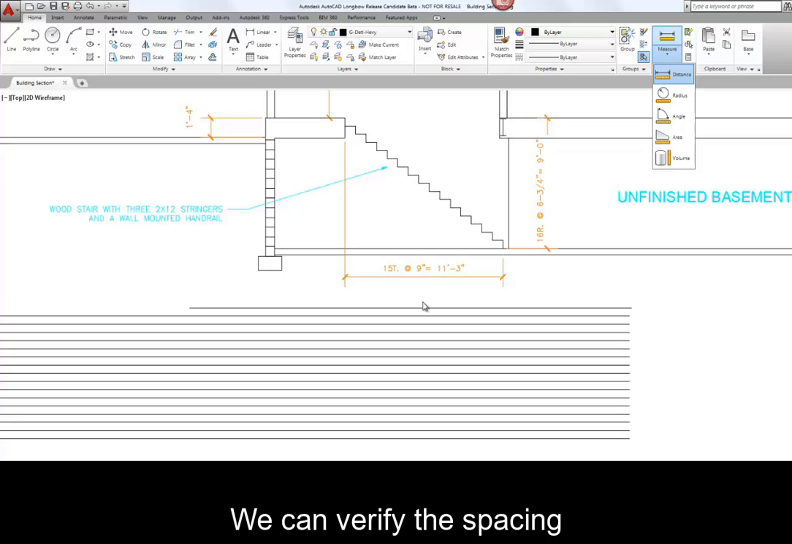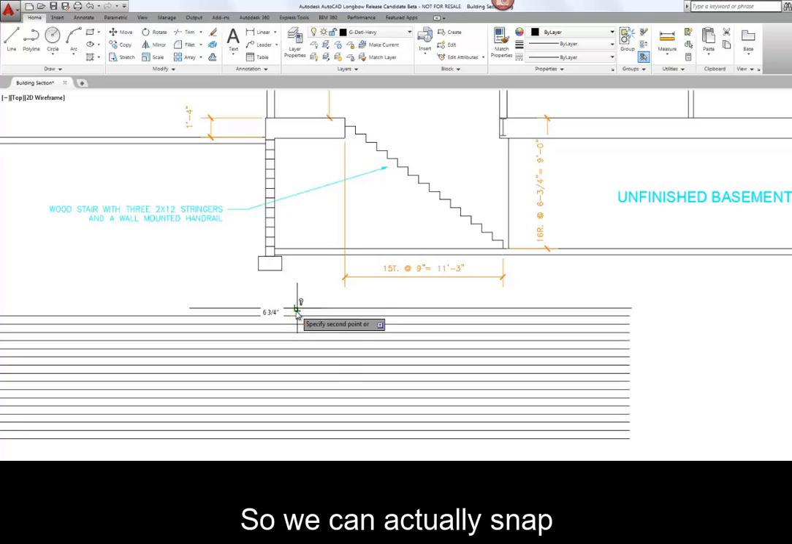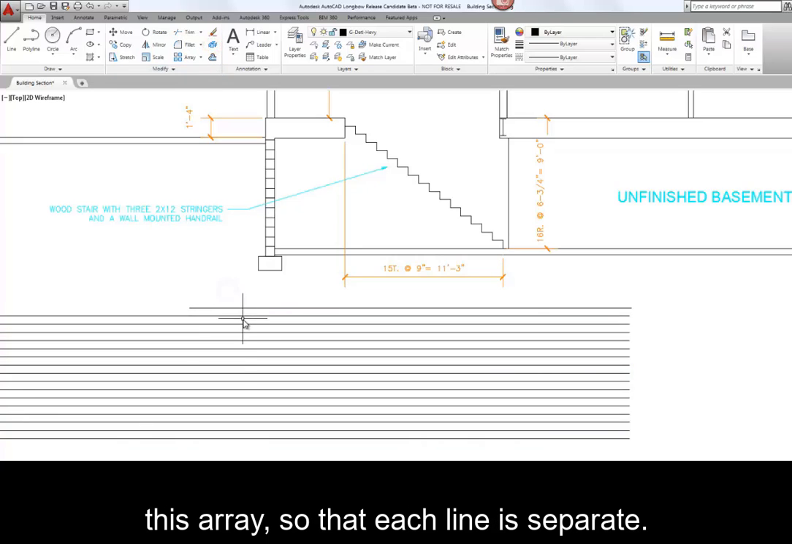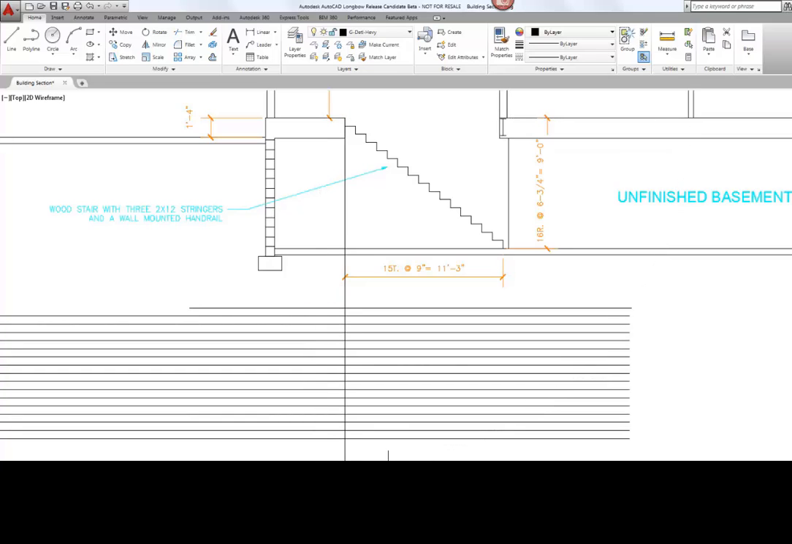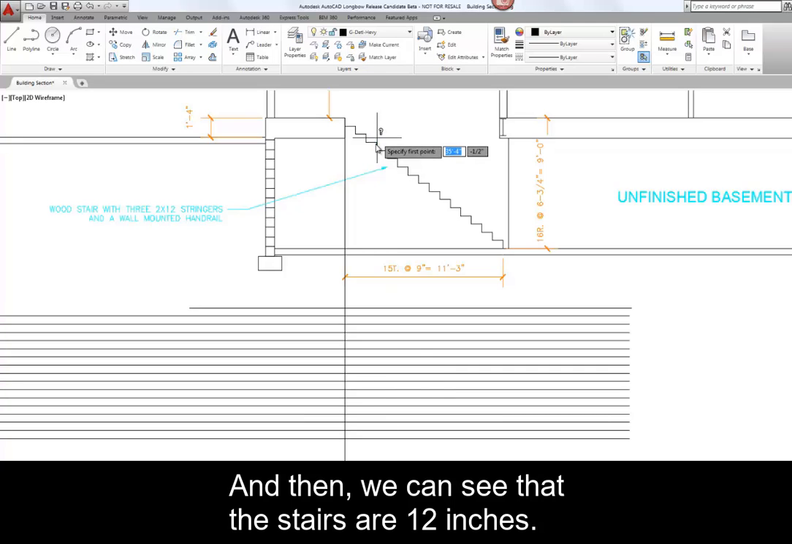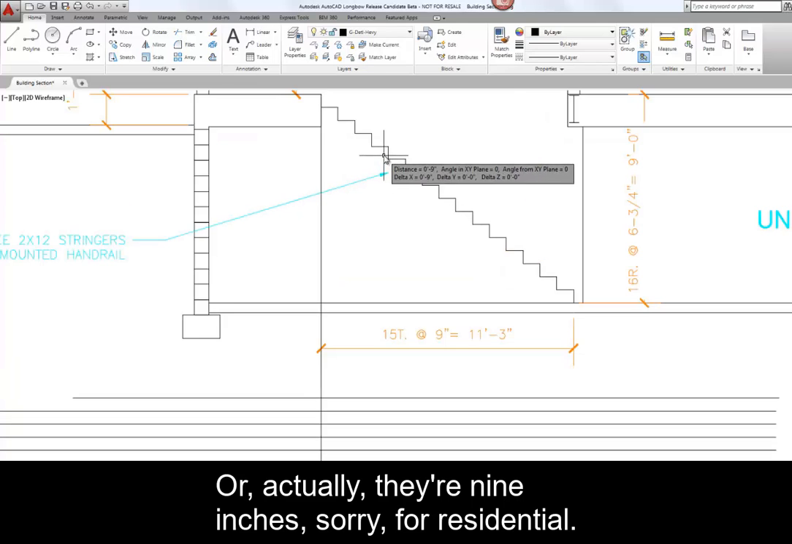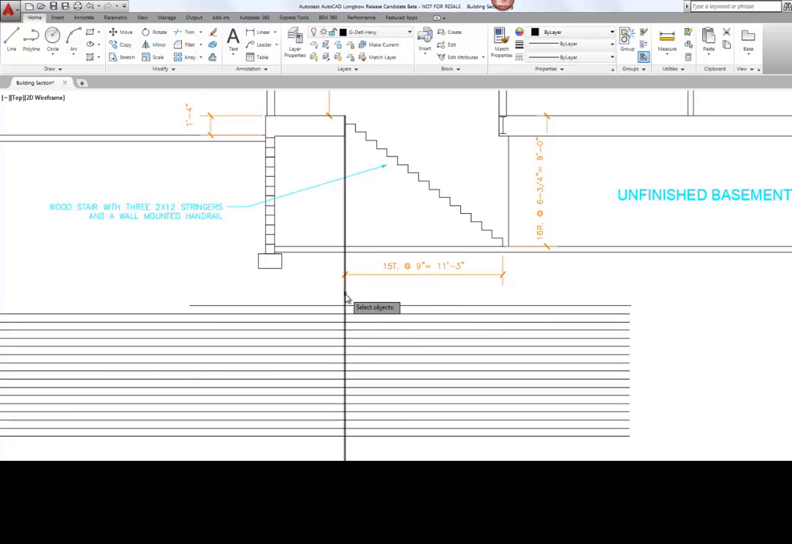We can verify the spacing using the Measure tool. So we can actually snap to those points. In the end, we're going to want to explode this array so that each line is separate. Next, we're going to draw a line where we want the stair to start at the first level. And then you can see that the stairs are 12 inches, or actually they're 9 inches, sorry, for residential. So we're going to array this again, except this time we're going to